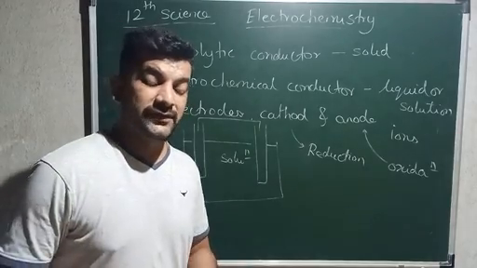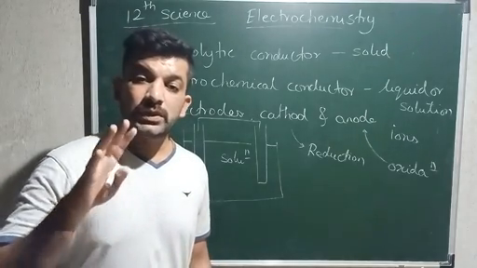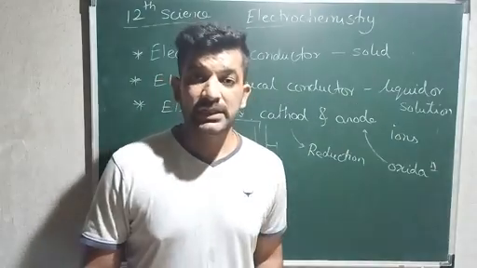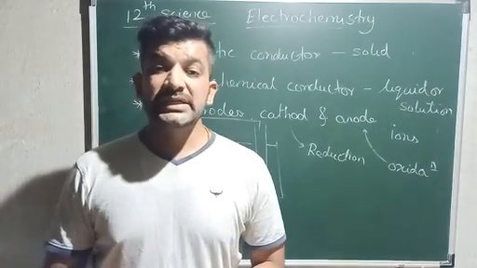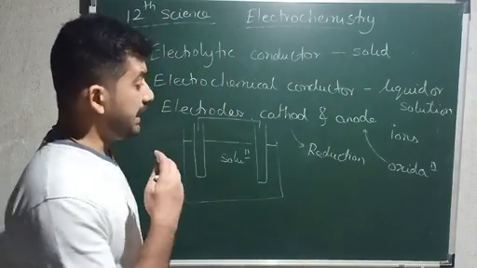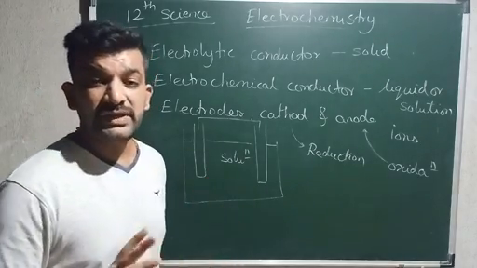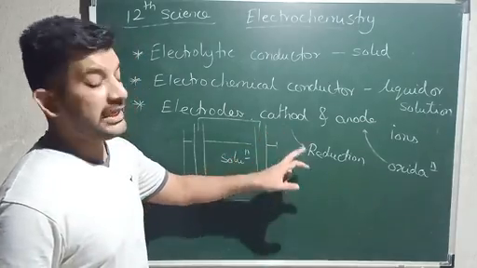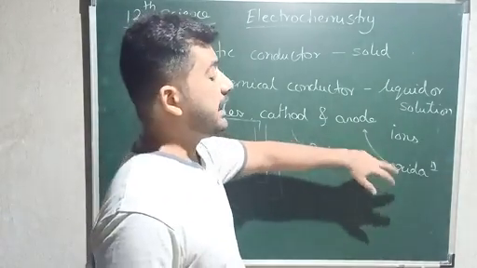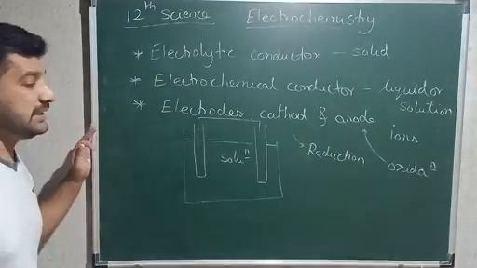Now there is a definition in the textbook given with respect to the charge, but I am not going to give that definition here because in an electrochemical cell and in an electrolytic cell the charges on anode and cathode change. That's why I am not going to give that definition. I'm just going to say that cathodes are those where you will observe reduction reaction taking place, and anodes are those where you will observe oxidation reactions taking place.